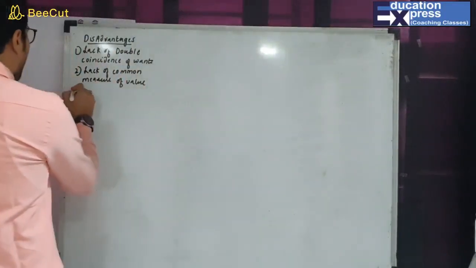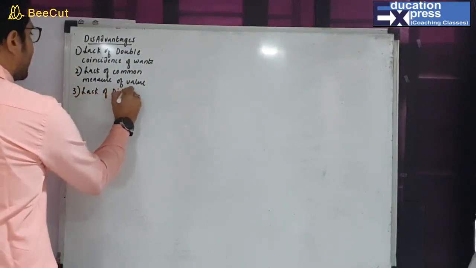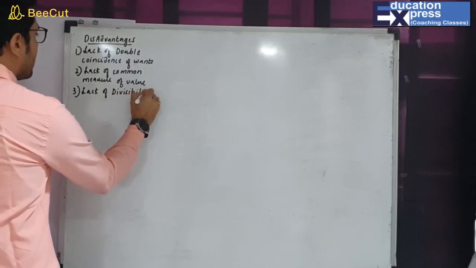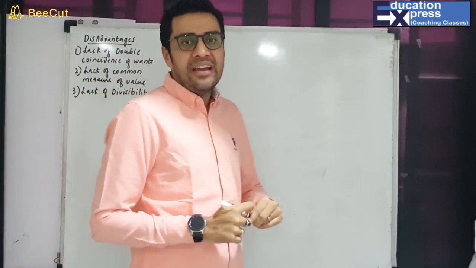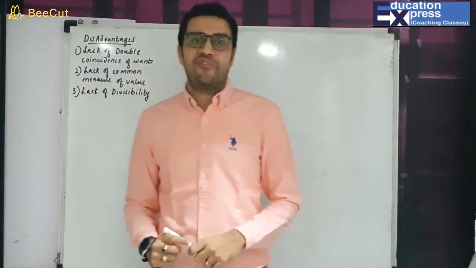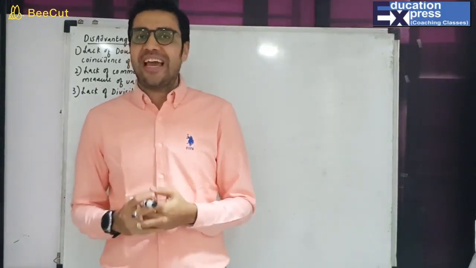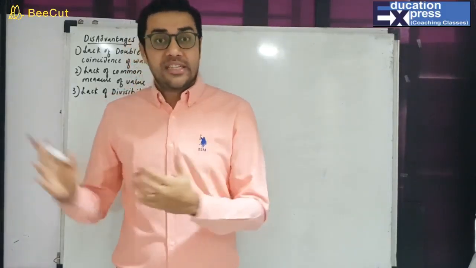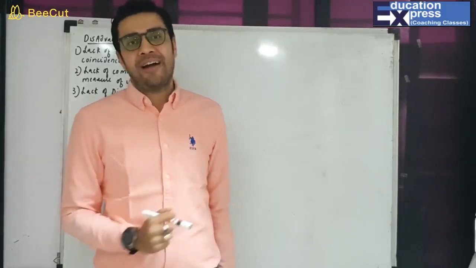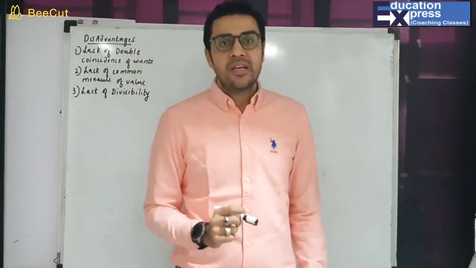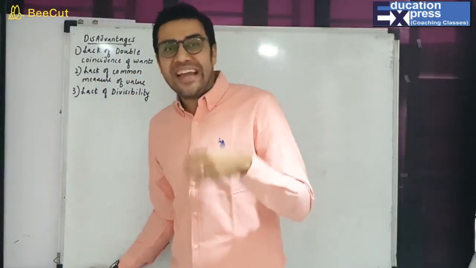Third point, lack of divisibility. Now what do you mean by lack? How is this a disadvantage of barter system? Since we did not have a medium of exchange like money that time, since we did not have a common measure of value, right? So the next disadvantage we faced was with regard to divisibility, and especially if the product is indivisible,